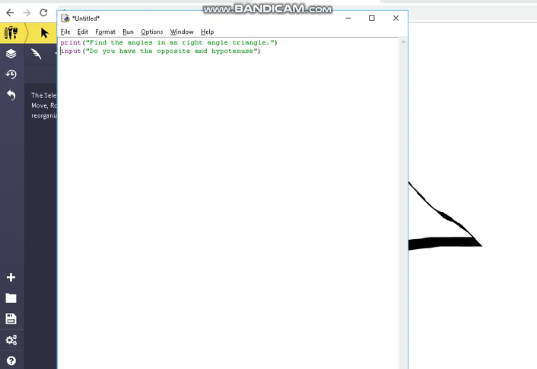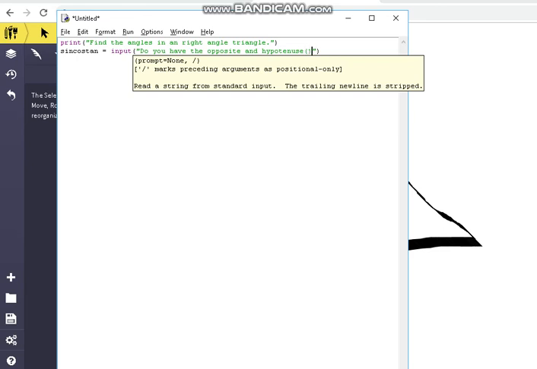I don't know, what was graph? No, sine cos tan. I think I just called it that because you ideally want to know which one to use, right? Sine or cos or tan, which is what we're doing here. So do you have the opposite and hypotenuse, which you want to type as 1,